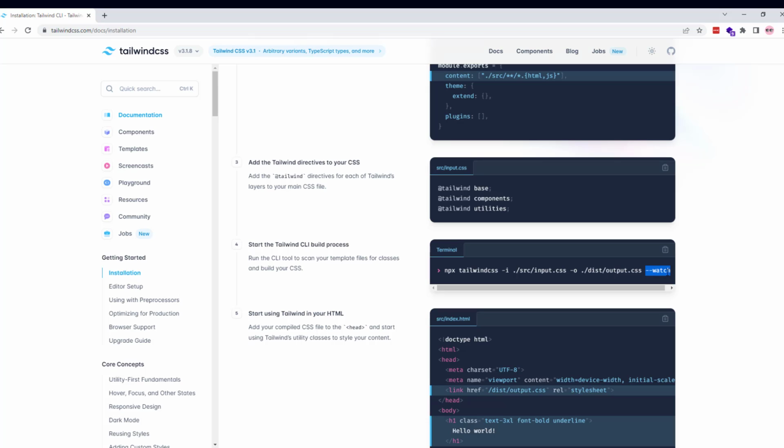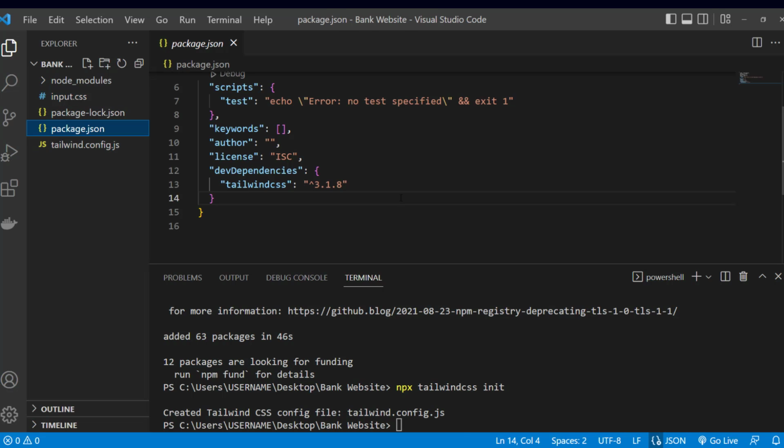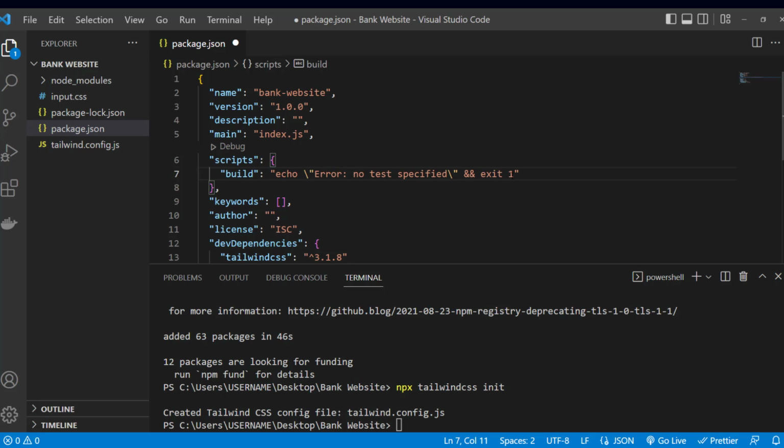Now instead of typing all this out in the terminal, I am going to add a script in the package.json file. Okay, let me show you what I mean. Let's go into our package.json file. So right here, let's change test to build and then let's get rid of everything in here and we want it to run tailwindcss and then -i and then our input file, which is going to be